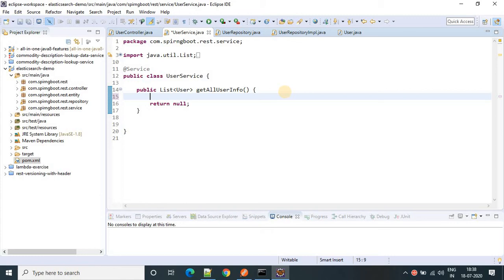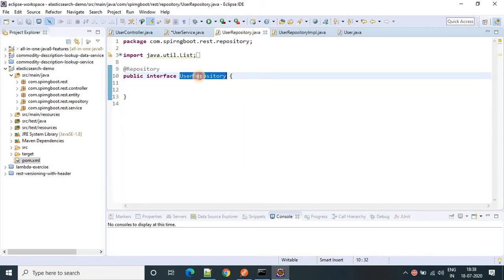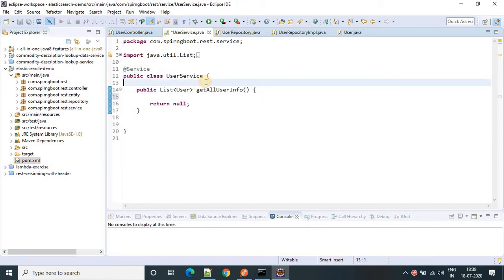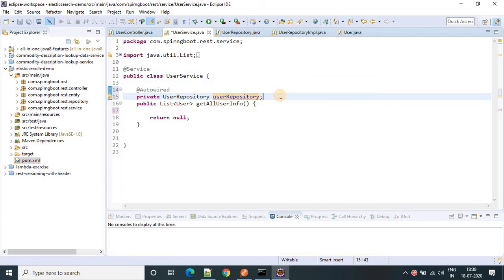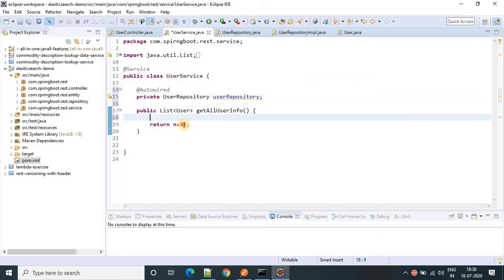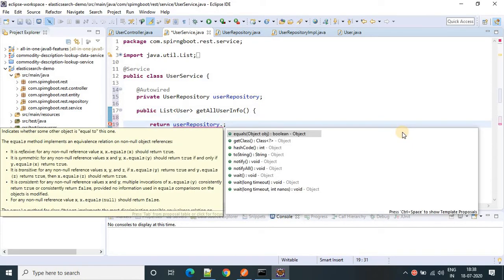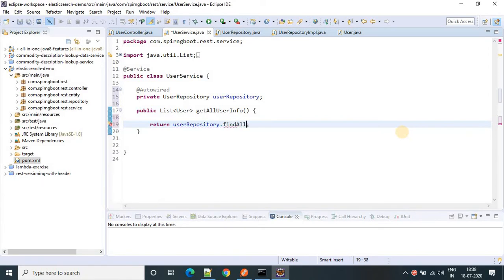So AutoWire it, and let's suppose I want to call the method find all user details from Elastic.